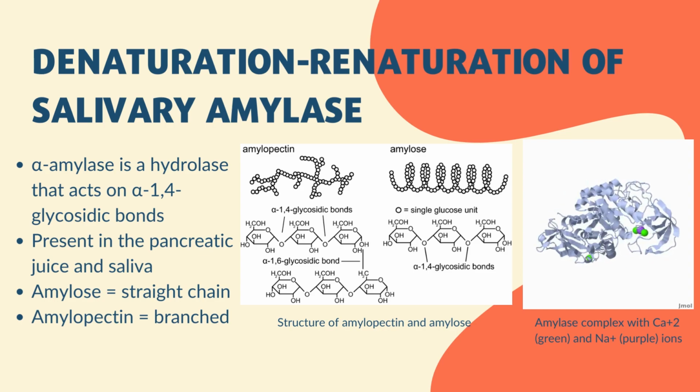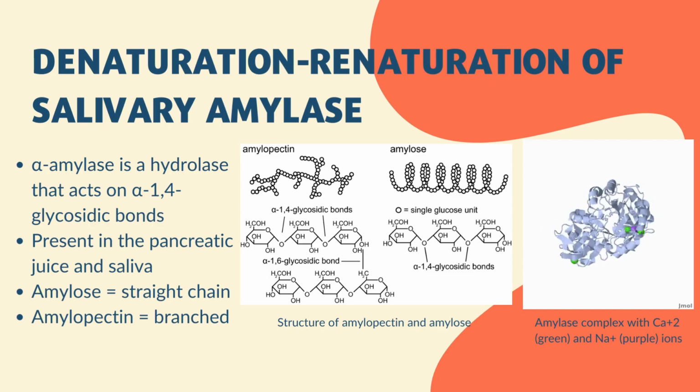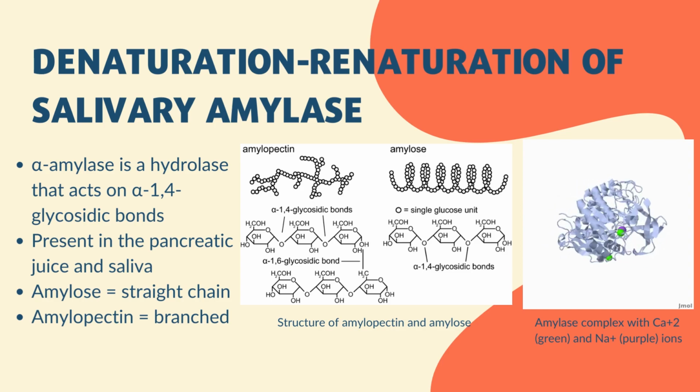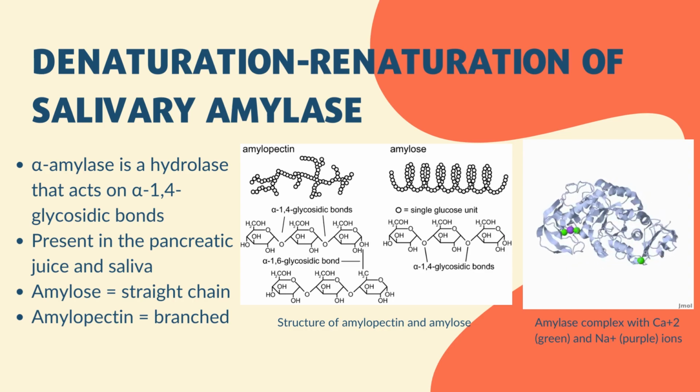Further breakdown of starch occurs by secretion of a secondary form of the enzyme by the pancreas. Pancreatic juice enters the duodenum and pancreatic alpha amylase further cleaves starch to yield maltotriose and maltose from amylose, or maltose, glucose, and limit dextrin from amylopectin.